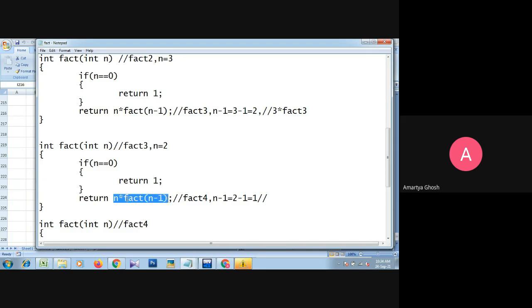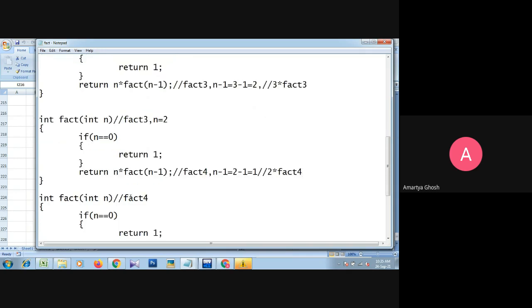And thereafter the equation is, the current value of n is 2, and this fact is factorial 4. So the equation is 2 into fact4. Now the body of fact4. So when this function is called from fact function 3, again the control jumps,